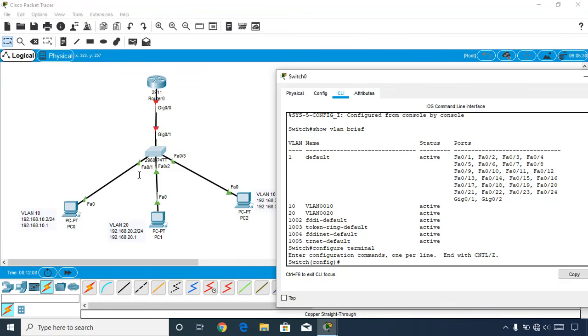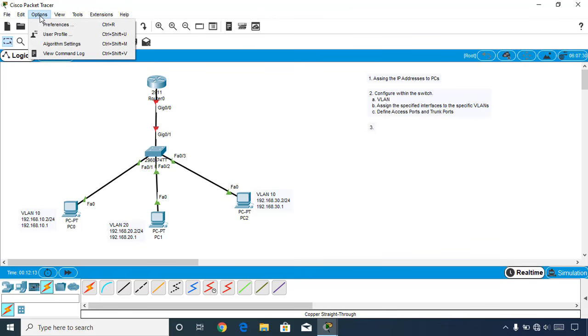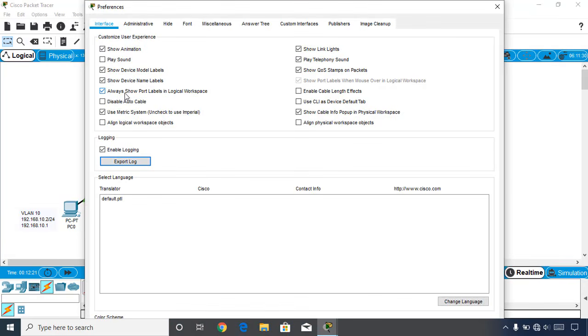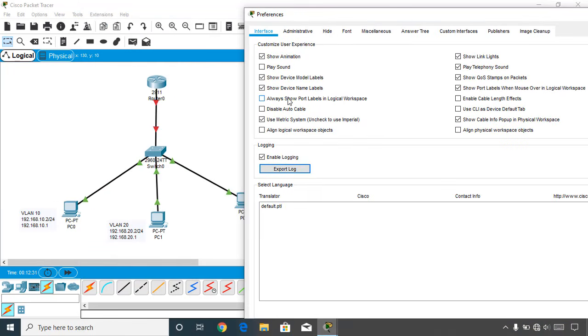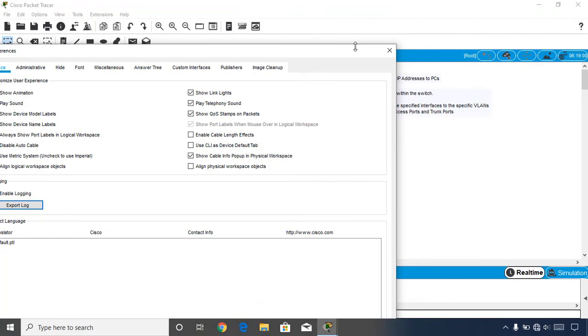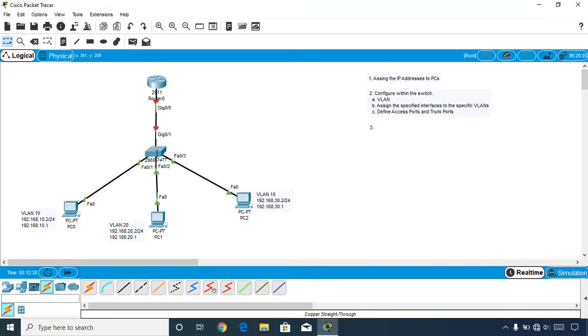And suppose you can't see the labels of the interfaces, so you can enable them from the Cisco Packet Tracer preferences. Just hit the shortcut key Ctrl+R, and make sure you have checked this checkbox, always show port labels in logical workspace. If I uncheck this, you can see the effect. Okay, so make sure you have checked it. Now let's open it again,